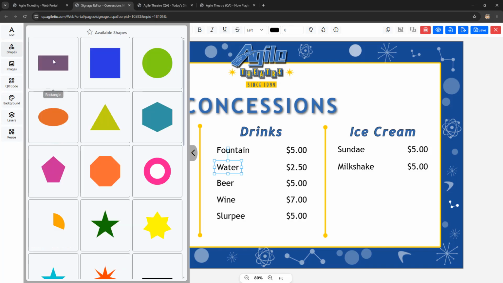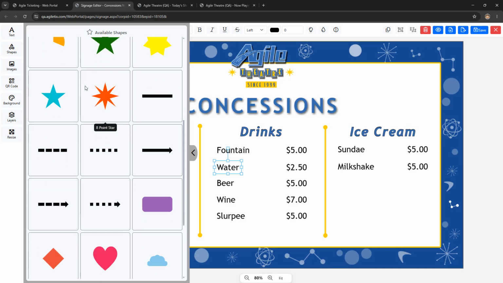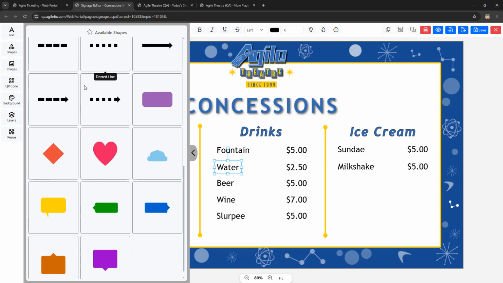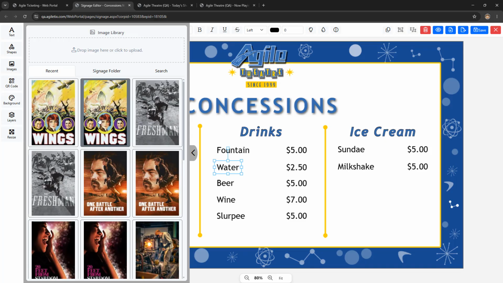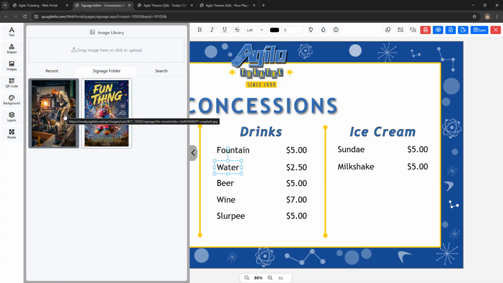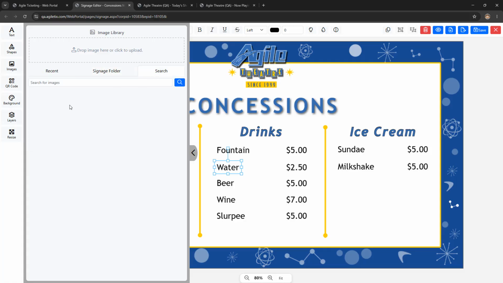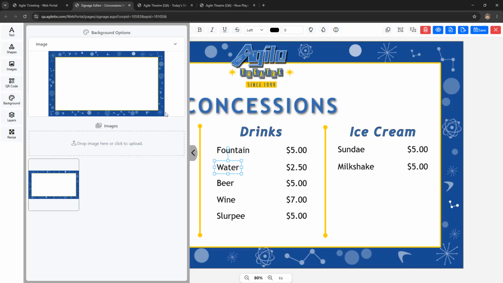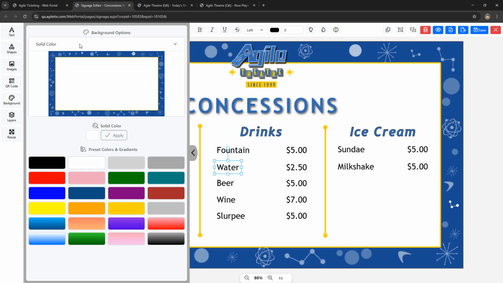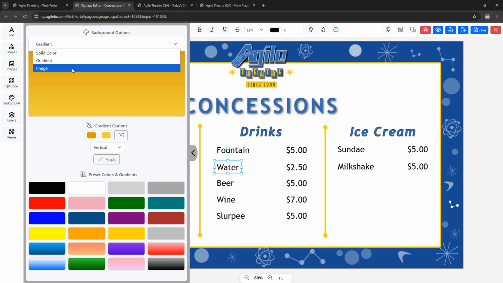We have a collection of shapes and lines that can be added. We can insert images that have been uploaded recently, ones that have been uploaded for other signs that we've created, or we can search across our entire image library. We can add a QR code to the sign. We can define the sign background, whether that be a solid color, a gradient, or a selection of background images